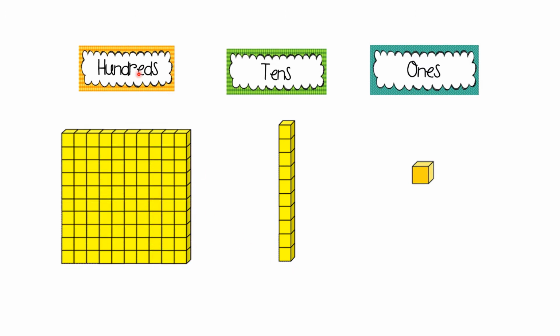Ones, tens and hundreds. In this video, we'll be using blocks. For the ones, we'll be using the small cube, which is known as the unit block or unit cube. To represent tens, we'll be using this rod, known as the tens block or tens rod. And this is the hundreds block. So you have to remember this. The ones block is the small unit cube, the tens block is the rod, and the hundreds block is the square one.